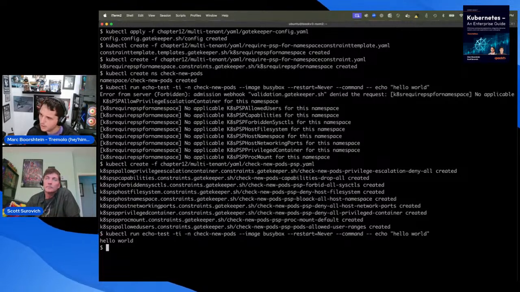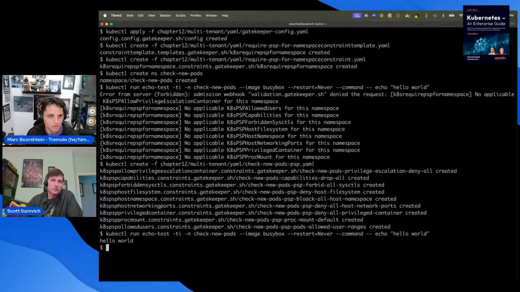It might have been SIG Security, wrote something called the Pod Security Standards, and we link to it in the book, that basically says you should have profiles, and each profile should have certain sets of capabilities. And it goes through and enumerates some of the basic ones. One of the main points that it gives is that your namespace is your security boundary. Anything that you want to apply has to be done at the namespace level.